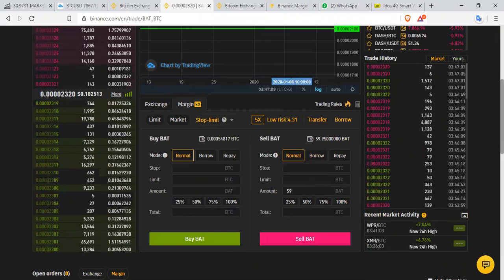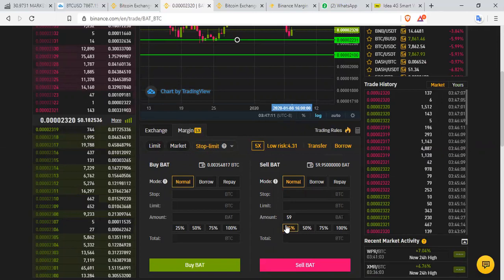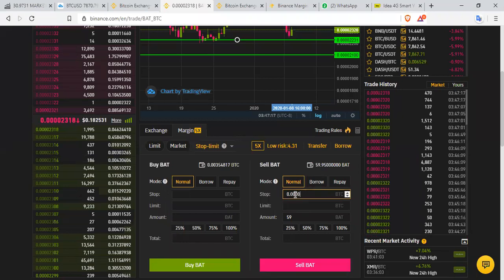We're selling at 2231. So we're using 0.0002231. So why I'm using this is because whenever I give you any signal on my Telegram signal group, I